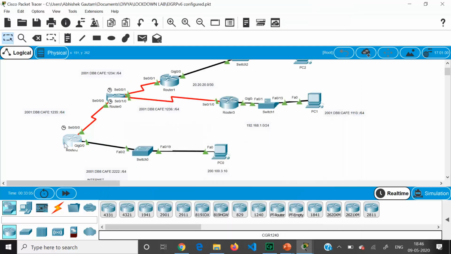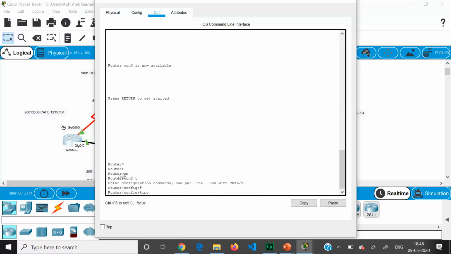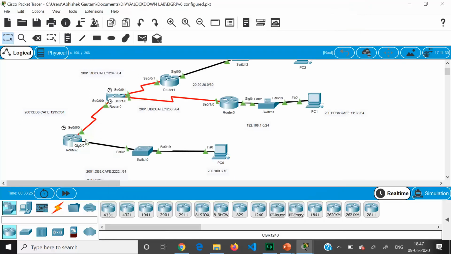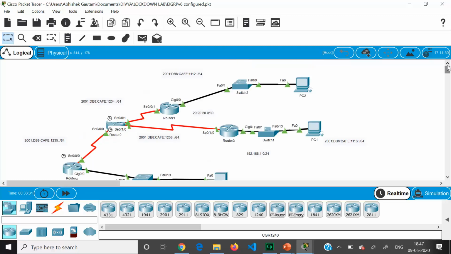Similarly, for router 2 also we should do enable, configure terminal, and I need to configure a default static route because they might not be knowing what all networks we have used within our autonomous system number. So we will say S000, right? So all the IP addresses are configured, and now if we want, we can check the connectivity.